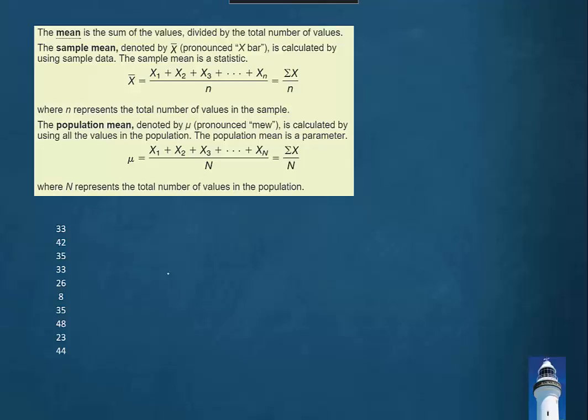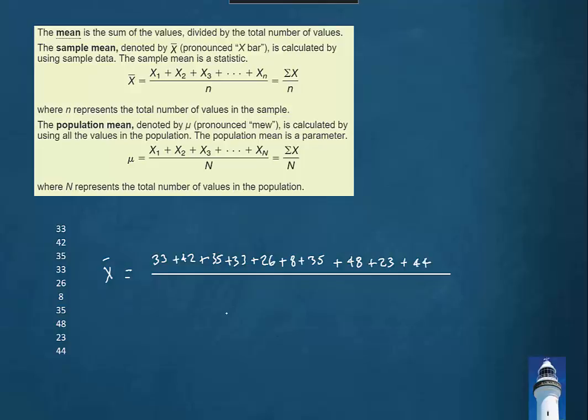Here we have a data set, and let's assume that this data represents a sample drawn from a population. So if we were to find the mean for this data set, it would be appropriate to use the x bar notation. So our sample mean, x bar, would be equal to the sum of the data values, and then we would divide that by n, the size of the data set. There are 10 data values in this data set. The sum will be 327. We'll divide that by 10, and we wind up with